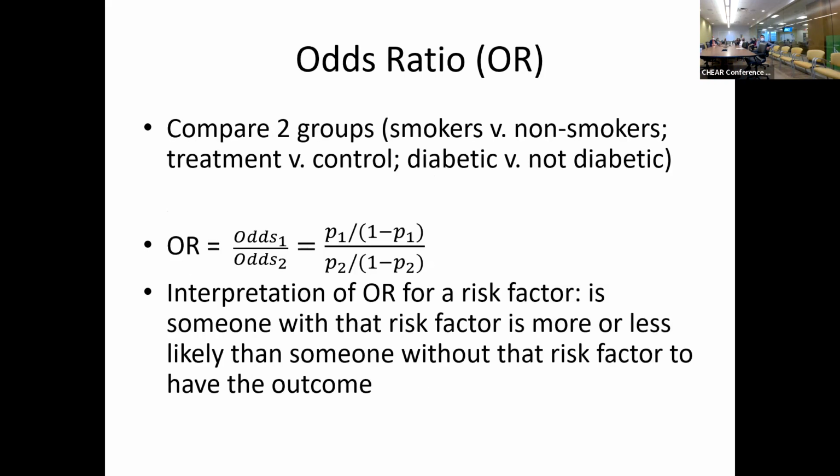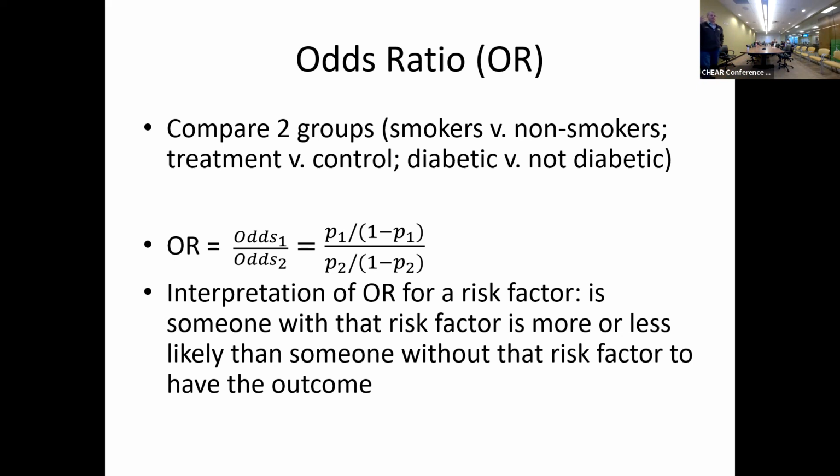One way to think about this is comparing two groups. You could think of smokers and non-smokers, treatment versus control, someone with diabetes versus someone without diabetes. Think of a binary variable. And then you can write down an expression for the odds of one group, say treatment, versus the odds of control. And that would be the probability for, say, the treatment group divided by 1 minus the probability for the treatment, all divided by the probability for the control group divided by 1 minus the probability for the control group. Lots of probabilities, lots of division.